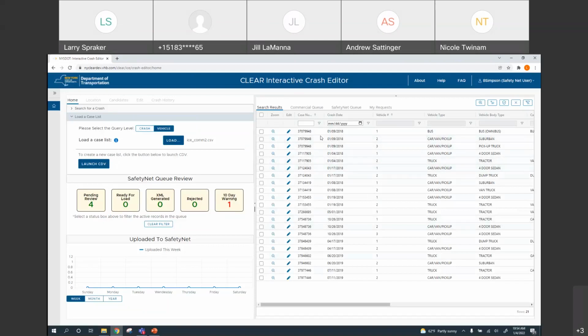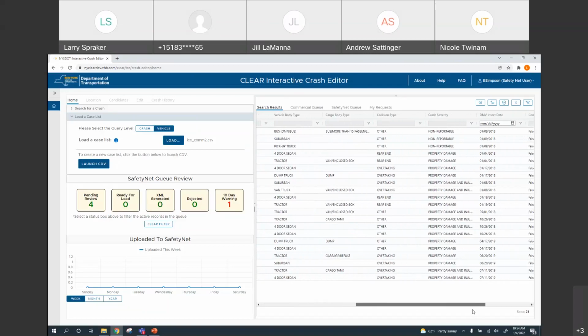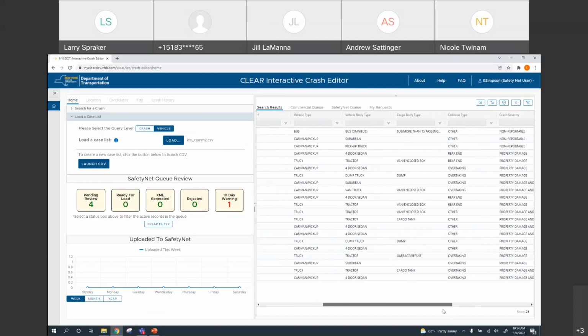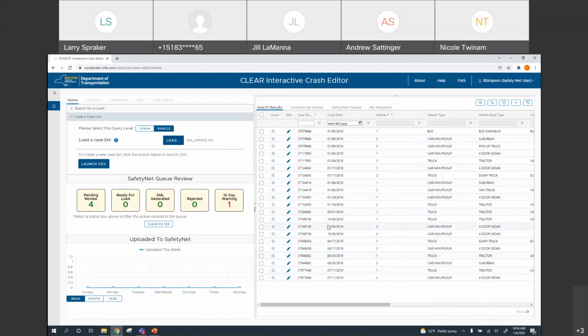And maybe what I want to do is, I know we had a little hiccup with this one, so I'll pick a different case down here. I'll come over here and look. I think there was another bus or something here. I'll pick this one. So I'll pick this vehicle here. And if I pick this directly from the search results, and once again, I can come over here and